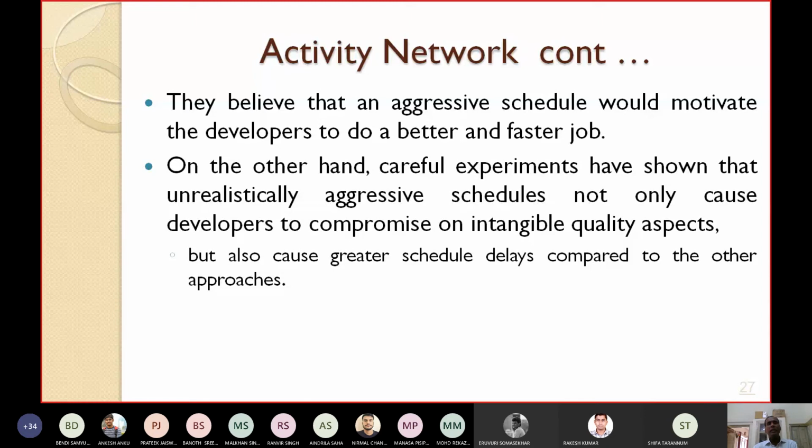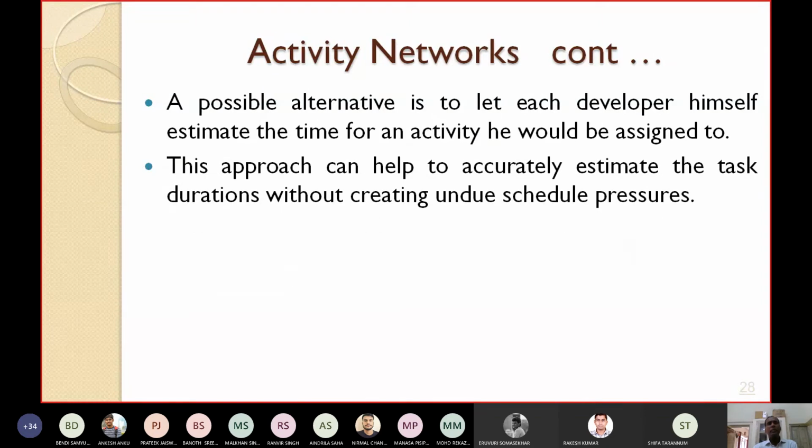A possible alternative is to let each developer himself estimate the time for an activity he would be assigned to. So you leave it to the developer. He can himself estimate the time for the activity to which he has been assigned. He can himself estimate the time that will be required to code a module or so.